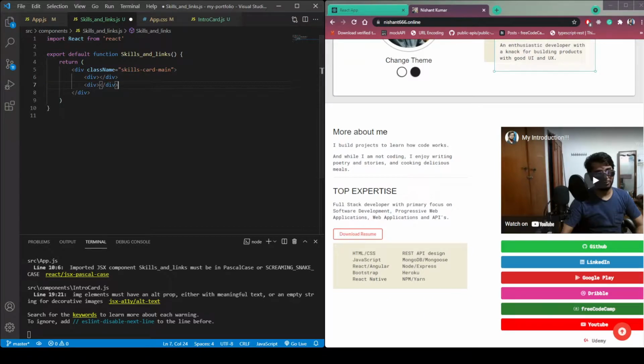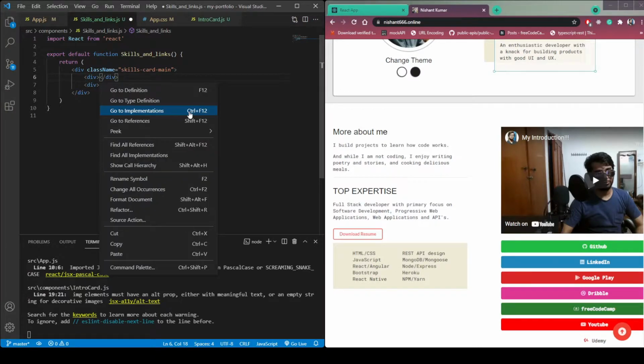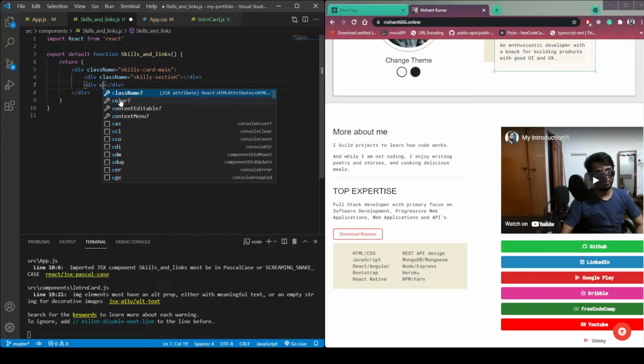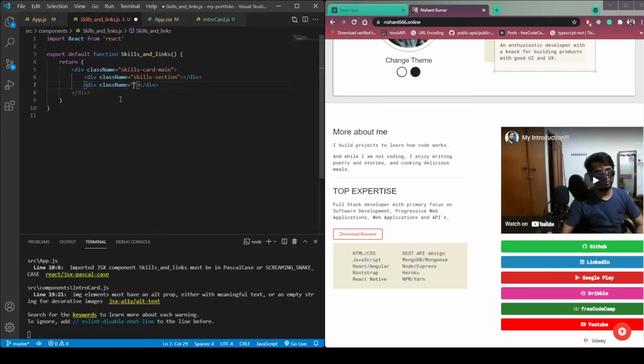One for this left side and another for this right side. Then let's give it a class of left. Let's give it a class of skills section, and here this one should be class name link section.